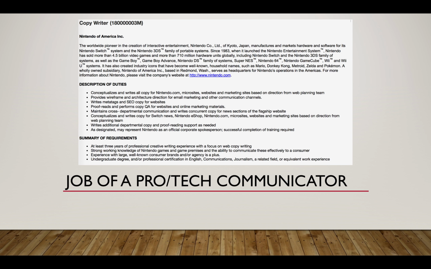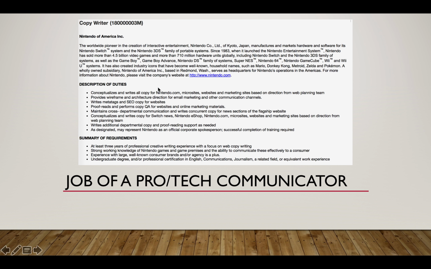Finally, I wanted to look at a technical writer, technical communicator job with you real quick. So this is one for Nintendo, and they're writing copy, so writing on websites and stuff. Here's what the description of the duties are.